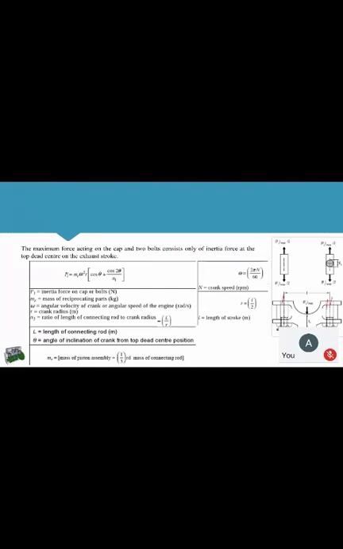Why? Because see, the lower portion of this big end will always be connected to the crank pin, correct? And the upper half of the connecting rod along with the shank is going to have various types of forces. Various types of forces means the variation in the inertia force, which will cause this element, bolt number 1 and bolt number 2, to be subjected to tensile force.